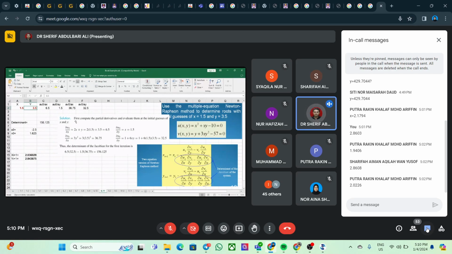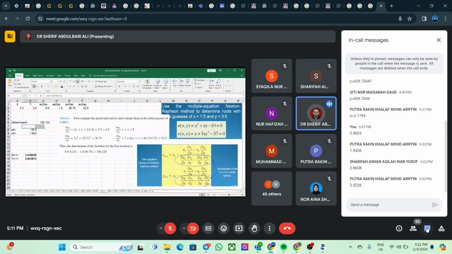So now you have all these values. The initial value of x, 1.5, you put it here. The initial value of y, you put it here. And the value of u and the value of v is from the equation itself. X squared when the value of x is 1.5, times 3.5 minus 10. So the answer is going to be equal to negative 2.5. And the v is equal to 1.65. So you put the values in here to get the new answer of x, it's 2.03, and y is equal to 2.8. Okay, so the most important thing is you are going to get all these values